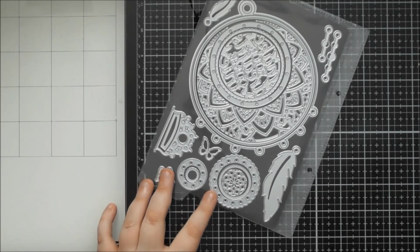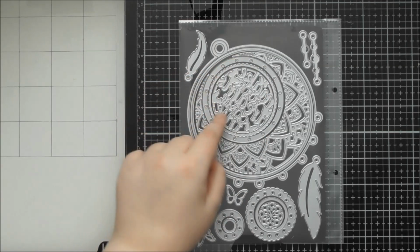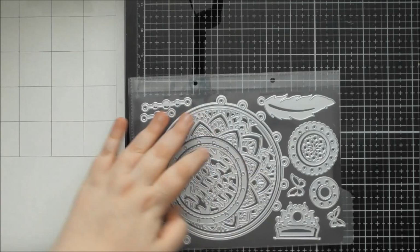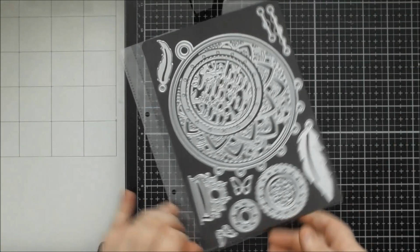You don't have to just make a dream catcher, and you can also use the smaller portion in the centre to make a smaller dream catcher on a card as well. I can't remember what size card I did it on. It was either a DL card or a 5x7 card. Probably more likely to have been a DL one, but I did actually make a small dream catcher with the central portion on a card that past me will show you later as well. And then yesterday I was like, I need some more samples to show, so I got a little bit carried away and I made 5 more cards. So you've got quite a few examples of using these dies onto cards as well, rather than just making the dream catcher. So after all that rabbiting on, let's actually have a look at the dies,